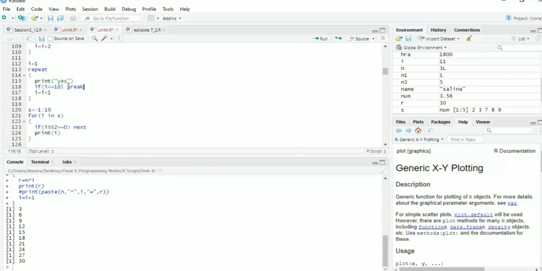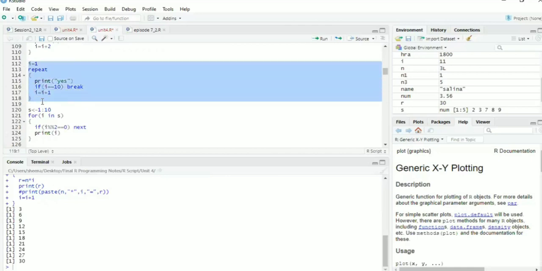Break will take the control out of the loop. I have also incremented i, so it will repeat 10 times. When the value of i reaches 10, it will give a break.